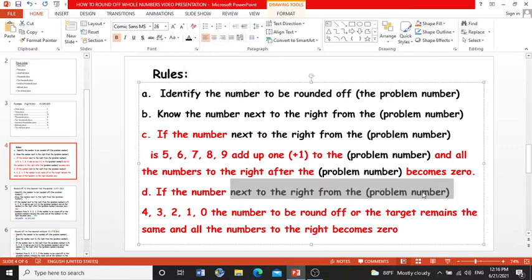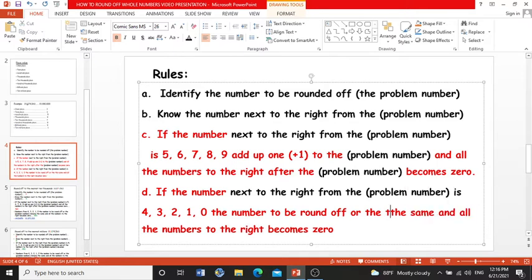The problem number is 4, 3, 6, 4, 3, 2, 1, 0. The number is 4, 3, 0. The number to be rounded off,